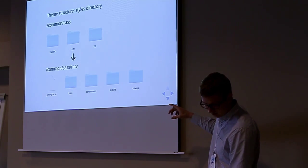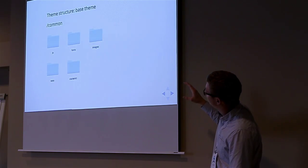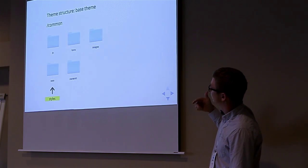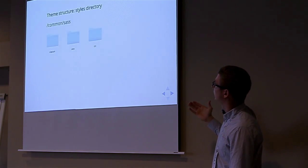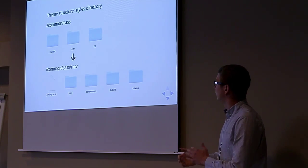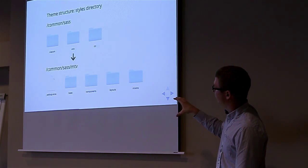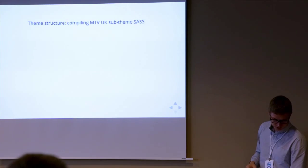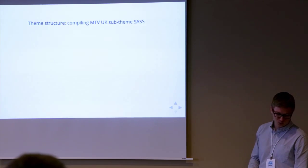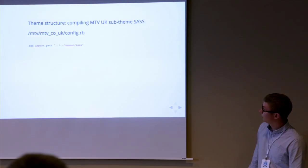As you can see here, the base theme itself is not compilable. You can't compile it with Compass itself. So it just contains the SASS files there. And so what's going on? So how do we compile these sub-theme SASS? If we take a look at the